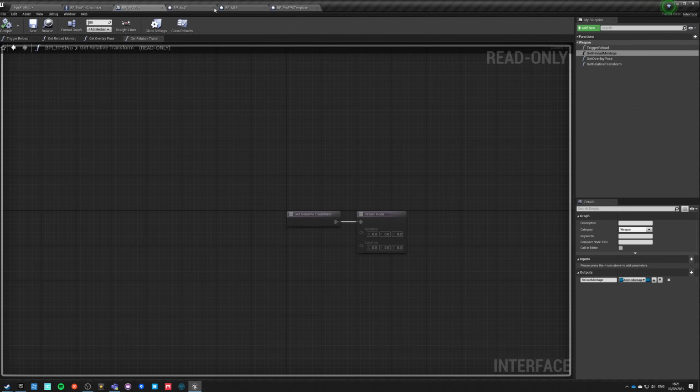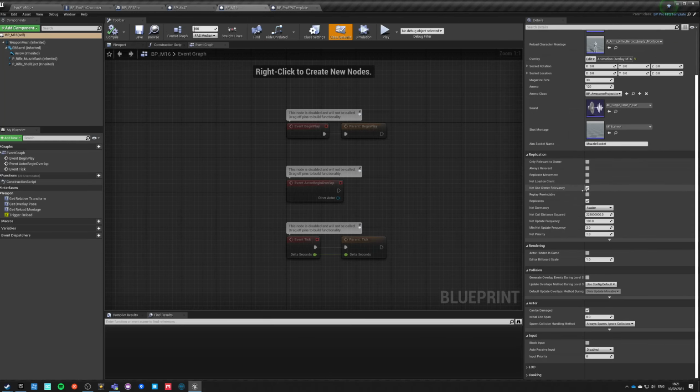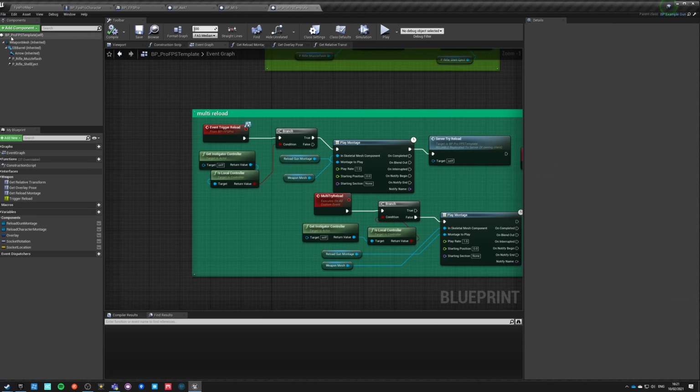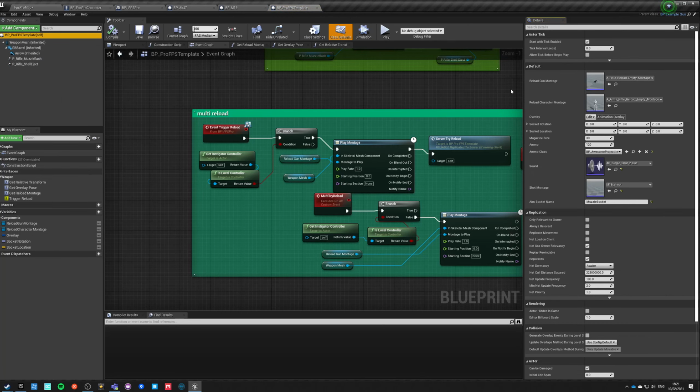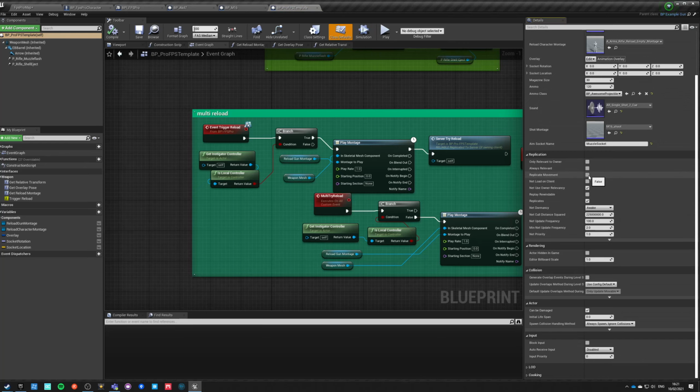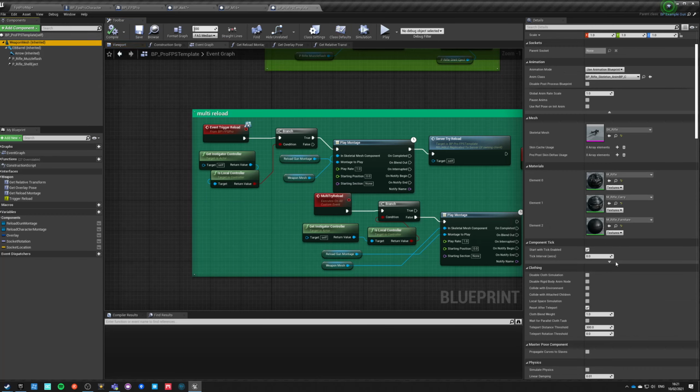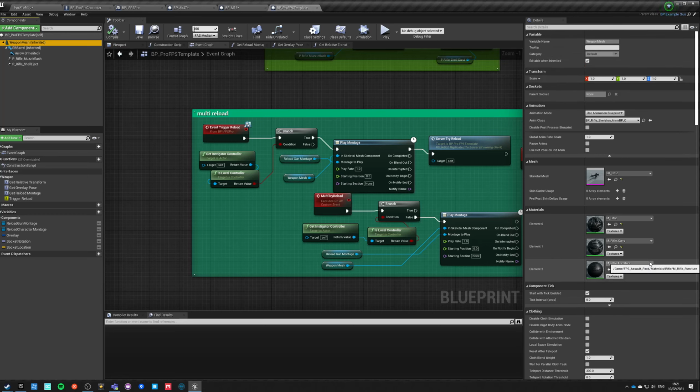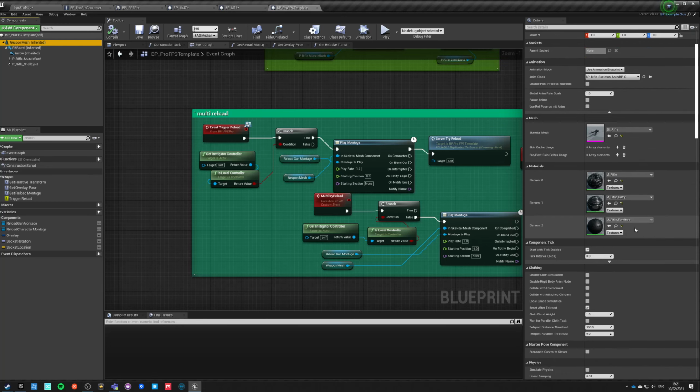So we know that our weapon is replicated and it's using net owner relevancy, but we're not replicating movement for this actor, which is bad. We need to change that. We need to go into our class defaults, and we need to go into replication and replicate movement. Replicate movement makes sure that the server is keeping track of the position of the object when it is moving by any kind of movement component or by physics. And by physics is the part that we want to use right now. So we want this to just simulate physics and drop on the ground.